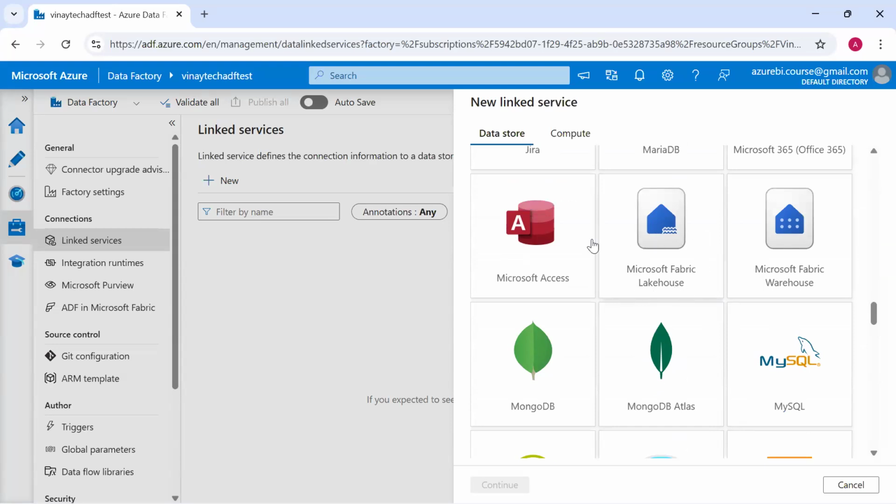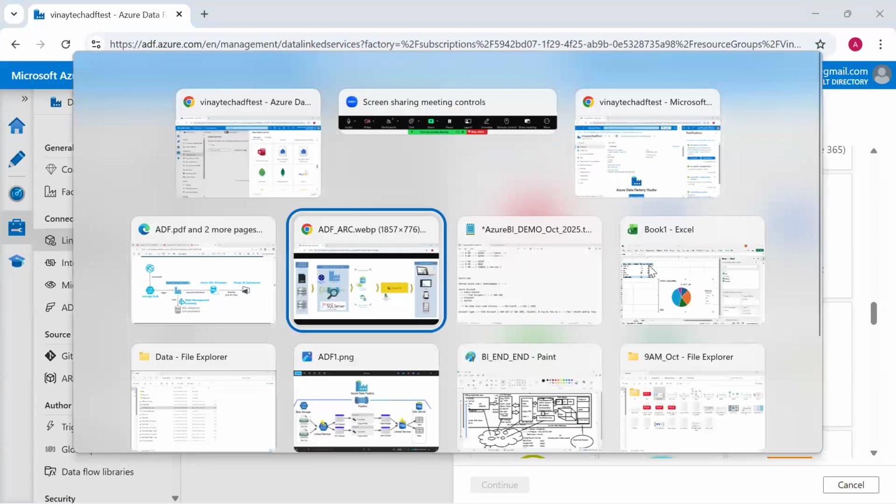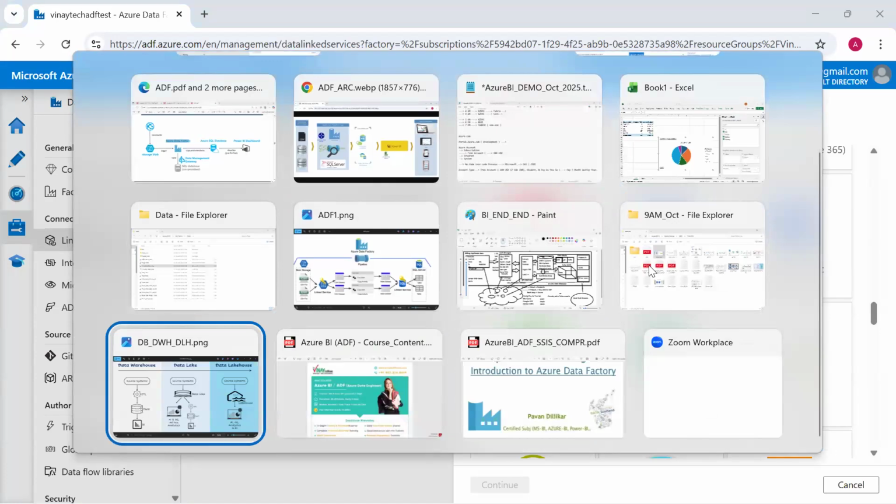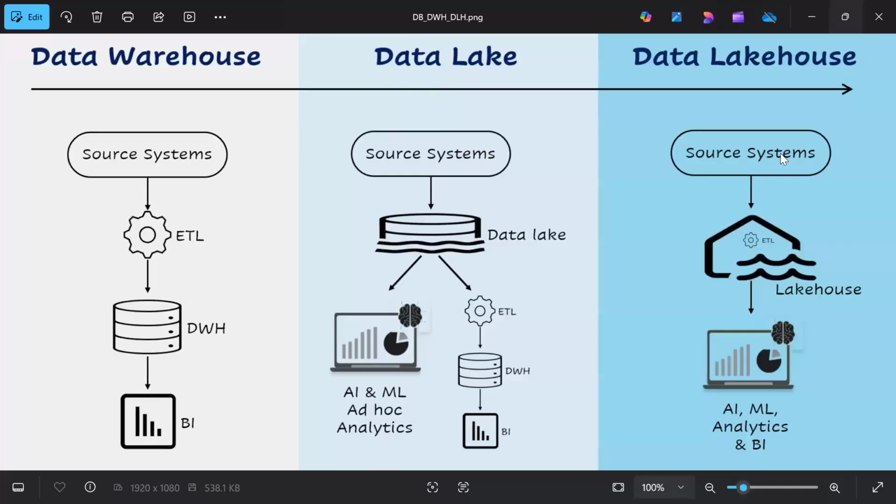Does anyone know what a warehouse is? In the early 90s, and even now in some systems, we are using data warehouses. It's not that the warehouse is not working. What is a warehouse?